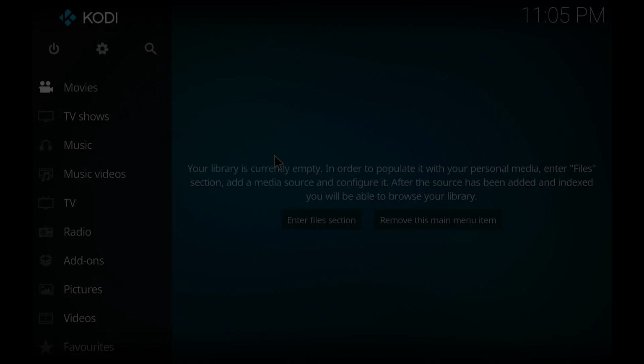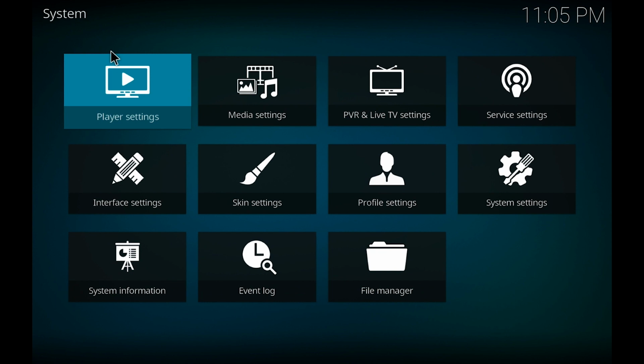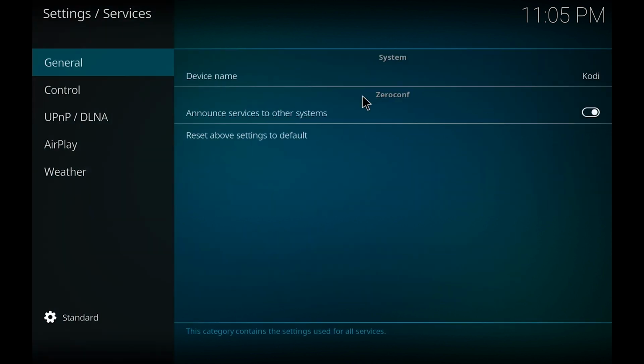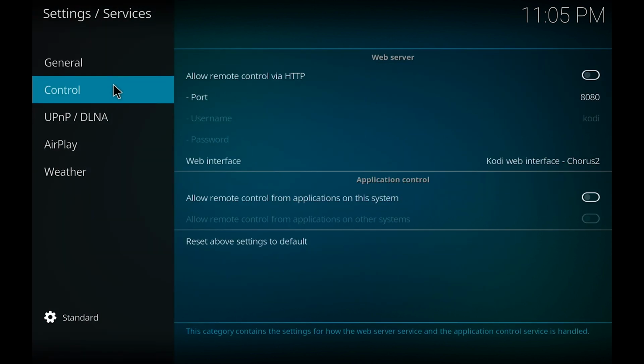I will use my Raspberry Pi 3, which is just perfect for this task. It is more than powerful enough, it can run over Wi-Fi, and you can find it very cheap these days. Of course, you can use whatever you want and have. Just go to the download section of the Kodi website and choose the appropriate operating system for your device. Go to Kodi settings, then on service settings and choose control here.